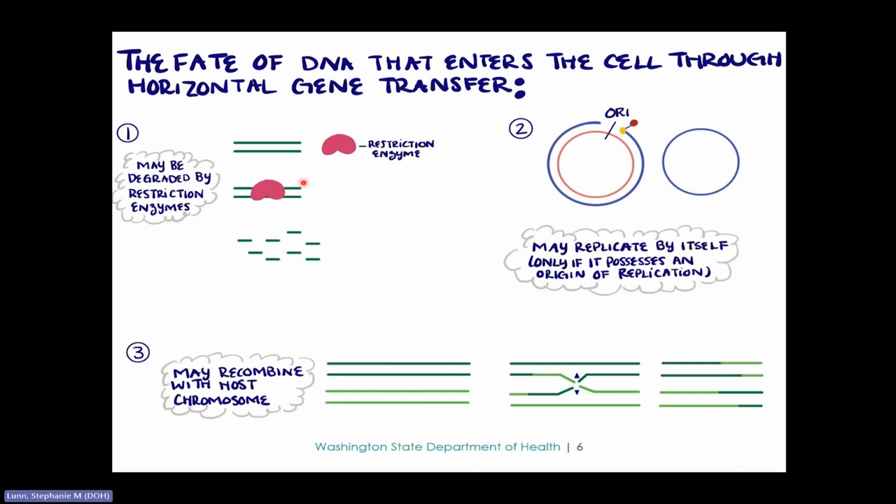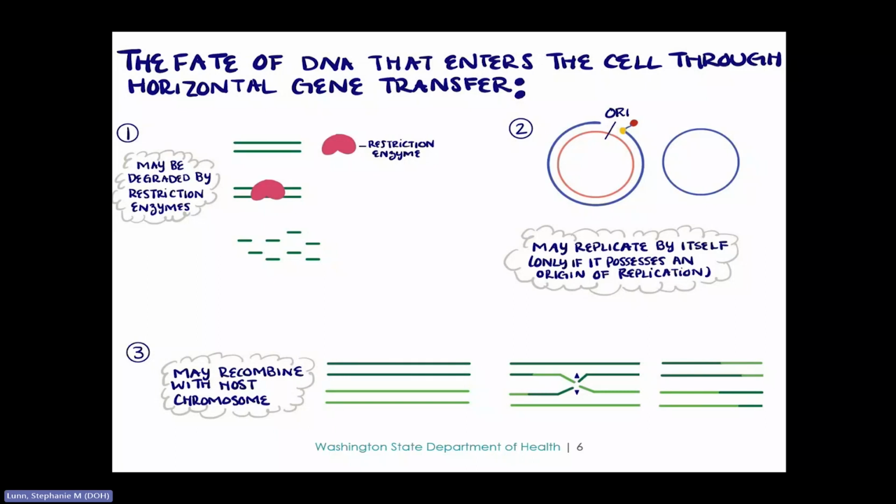The first is that DNA may be degraded by restriction enzymes, as we see here in part 1. There could be several reasons for this, but one such reason could be a means of self-defense in the host cell. Bacteria contain modification systems to be able to recognize their own DNA to prevent it from being degraded by its own restriction enzymes. If foreign DNA that enters the bacterial cell lacks this modification or even lacks specific recognition sequences, then it may be degraded by the host cell's restriction enzymes. So this is one means of self-defense of bacterial cells against foreign DNA that could be especially harmful.